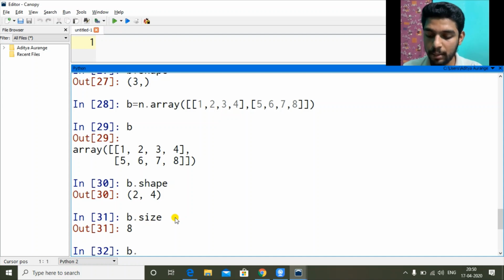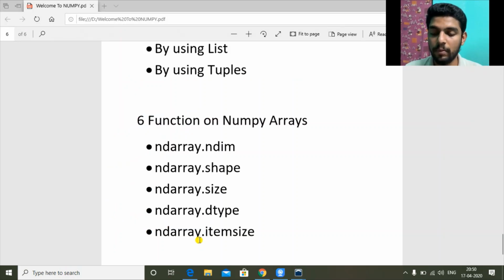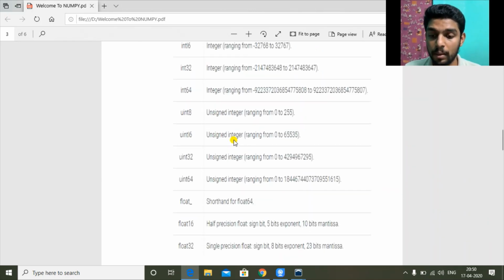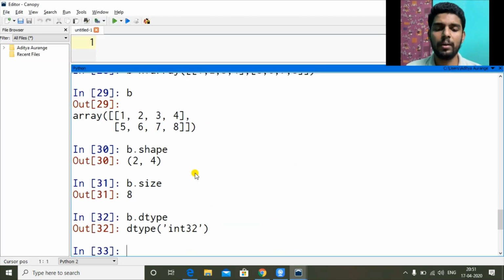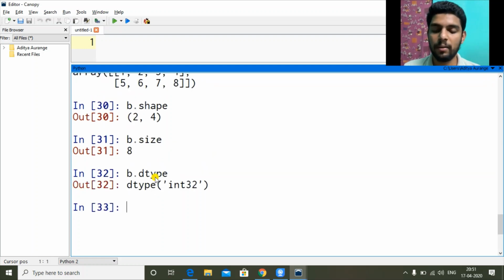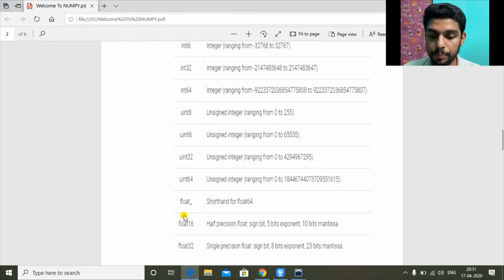Let's see what is the default data type. We can give the data type while creating. The data type is int32. See, it didn't use 8 or 16, it used 32. Why not use the maximum one available? Int 16, 32, 64 are there. So it chose a midway one to be safe. If I store some big value, it should be able to fit in the list.